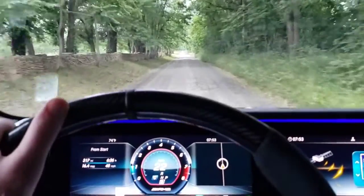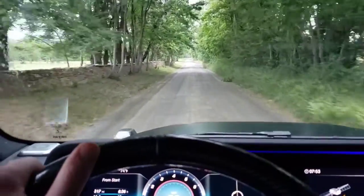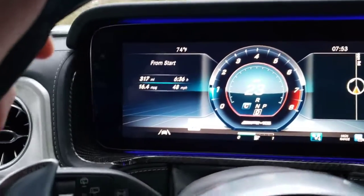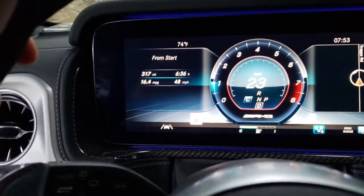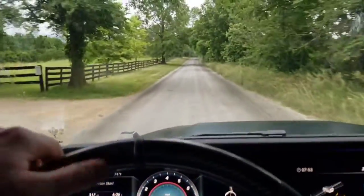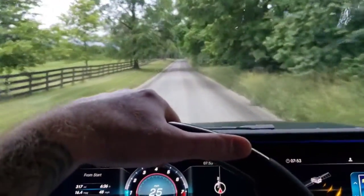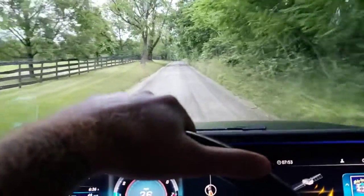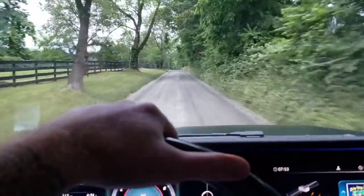We got about 3 more miles of driving on these dirt roads. So far, we're at 317 miles, about 6.5 hours of time from when we started, 16.4 miles a gallon. That might sound bad, but I can't stress enough, I'm driving pretty aggressive today. I wasn't trying to, but I had to. I had some time gaps I had to meet